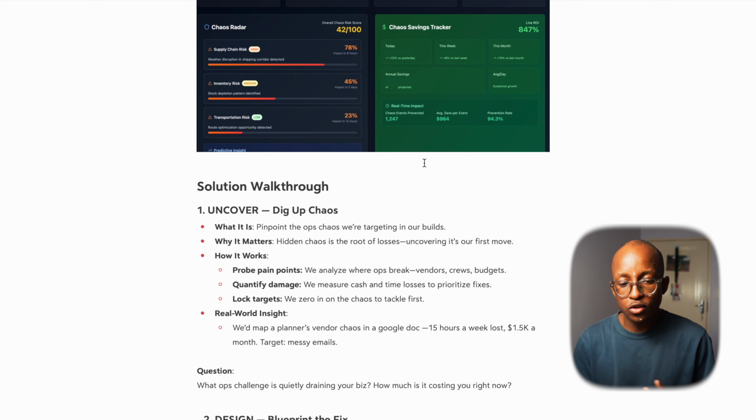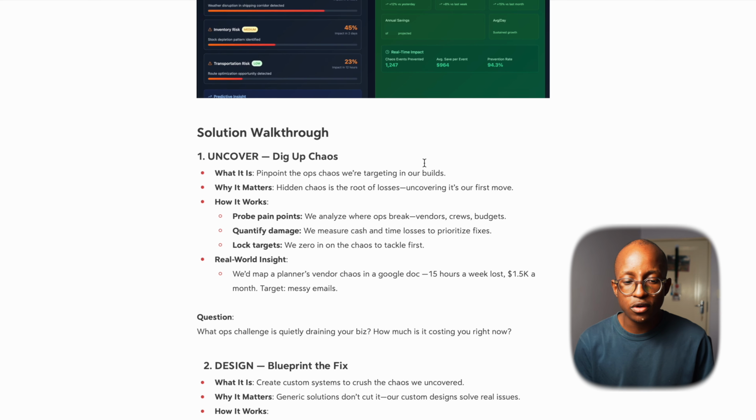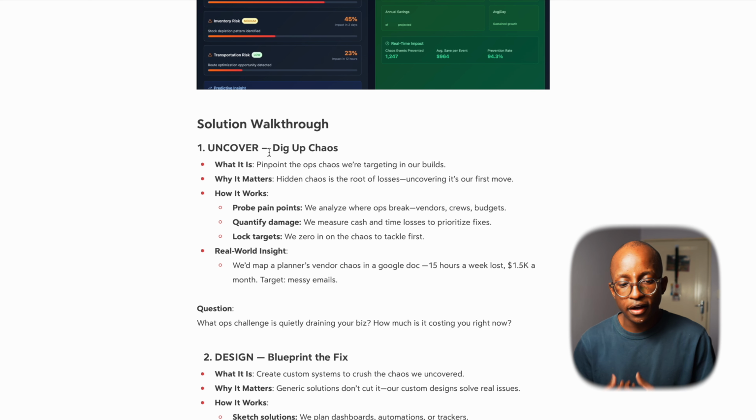So what this solution looks like when we go through it is, I've broken it down into 5 different steps that we can follow. Just to start off with the first one, which is uncover, where we basically dig up the chaos. We pinpoint the operational chaos we're targeting for our builds, because